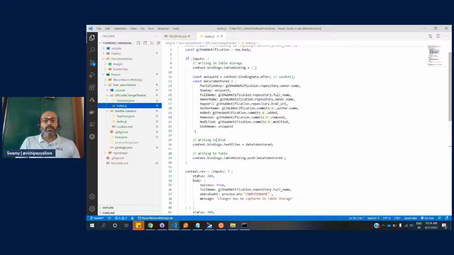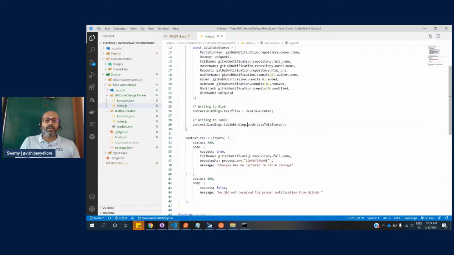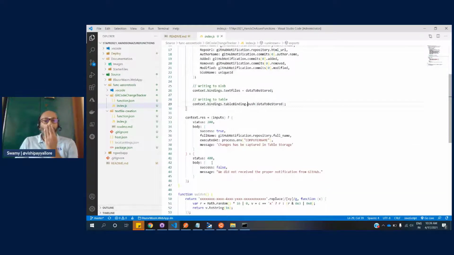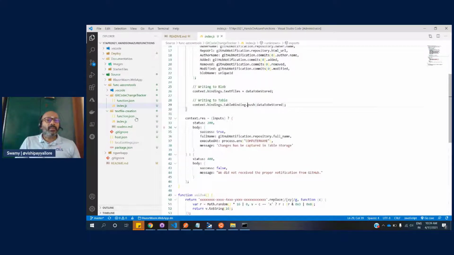So that I'm writing into the blob storage, as well as into the table storage. If we don't give a proper input, we'll get this 400. Once we give it, it gives us the full name and the computer name. Everything it gives us. Okay, that's one thing.